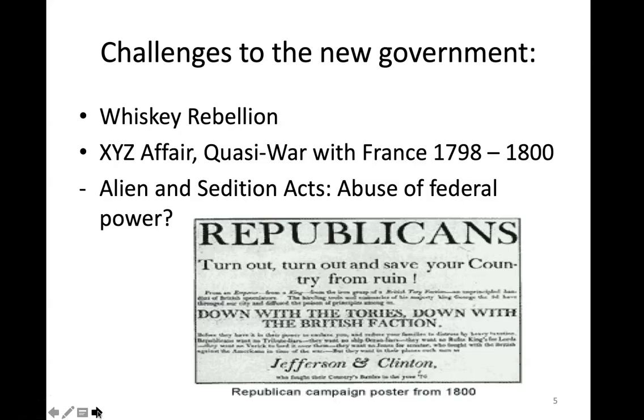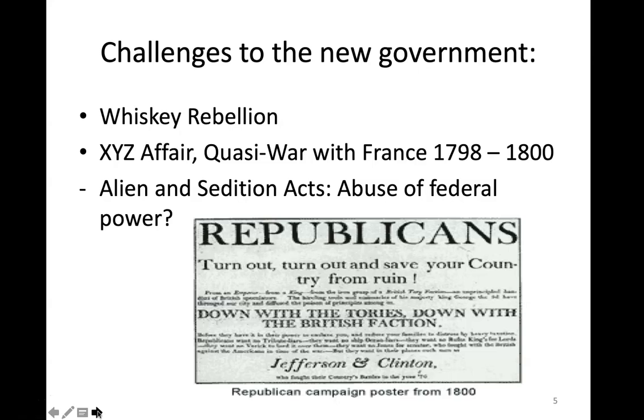So look at that. You can't even protest. You can't print news articles about it or opinion pieces in the newspaper. That's a clear violation of what? Our First Amendment rights. And again, it's new, right? It's something just put in our Constitution, but right away, the federal government is suspending those rights due to this perceived necessity of keeping the country safe.